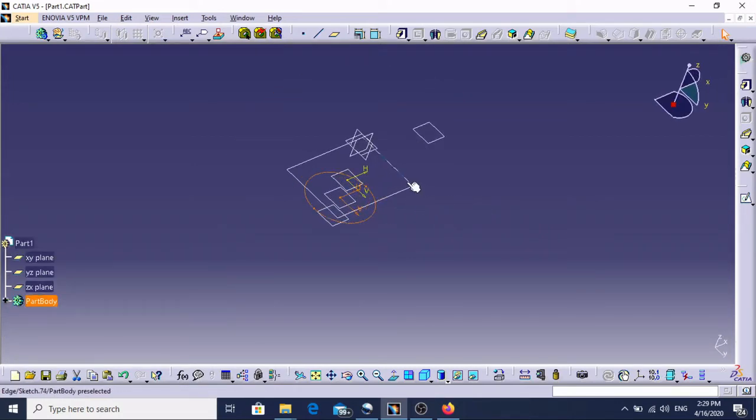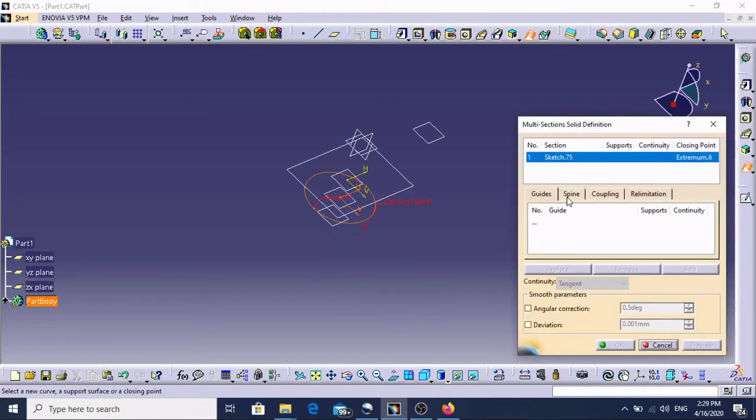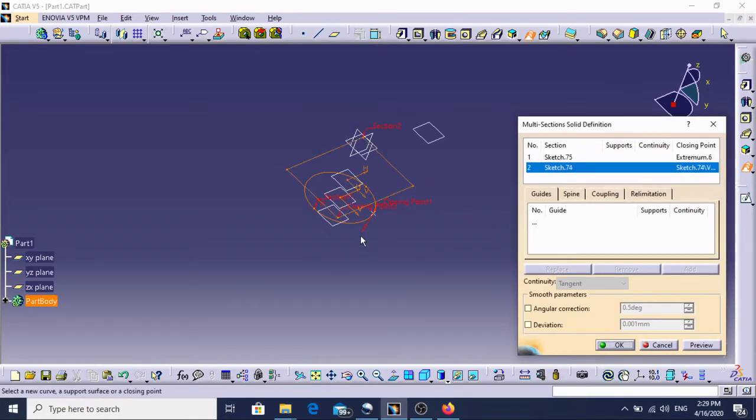This is a circle, this is a square, okay. Now if I put this multi-section command, okay, so now we have this and this,